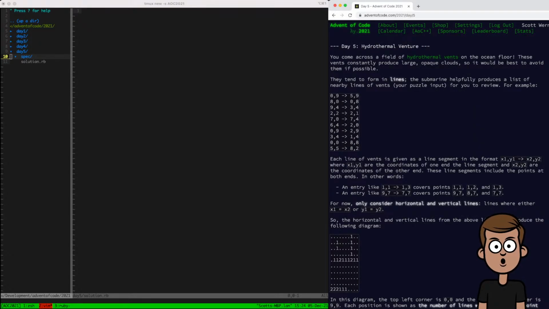Day 5, hydrothermal venture. You come across a field of hydrothermal vents on the ocean floor. These vents constantly produce large, opaque clouds, so it would be best to avoid them if possible. They tend to form in lines. The submarine helpfully produces a list of nearby lines of vents, your puzzle input, for you to review. For example,